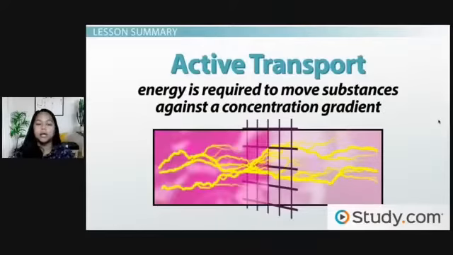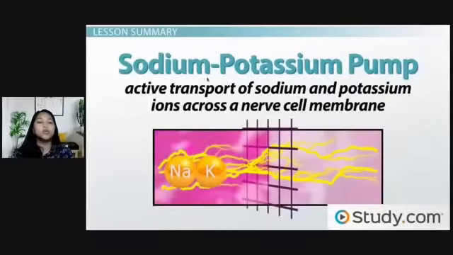It is the opposite. Galing siya sa area of lower concentration to an area of higher concentration. Hence, it needs energy for it to happen. One example for this would be your sodium-potassium pump, active transport of sodium and potassium ions across a nerve cell membrane. Okay, so we were looking for your facilitated diffusion in our question